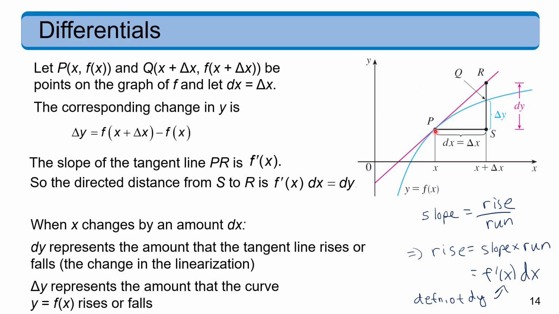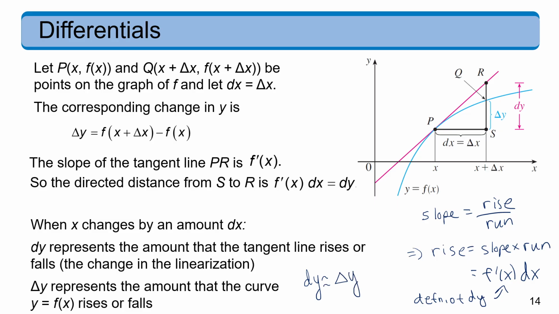So the y coordinate here to the y coordinate here, it's the difference between those two. Whereas dy is the approximate change, and it's approximate because it's how much change is in the tangent. So it uses the tangent instead of the curve and measures that distance. So again, dy is used as an approximation for delta y because the dy is